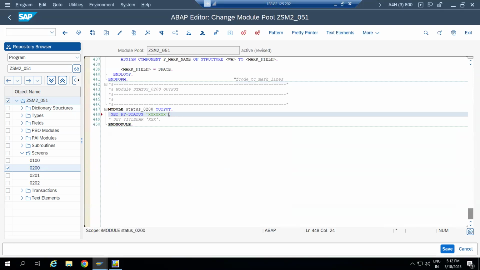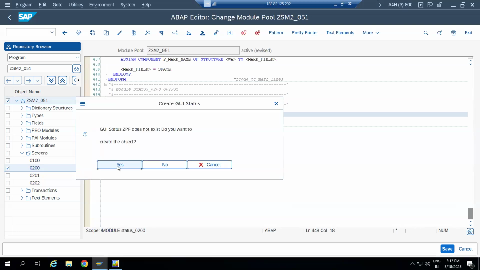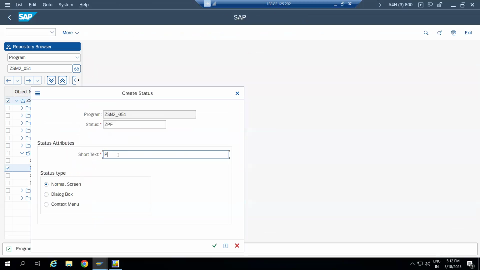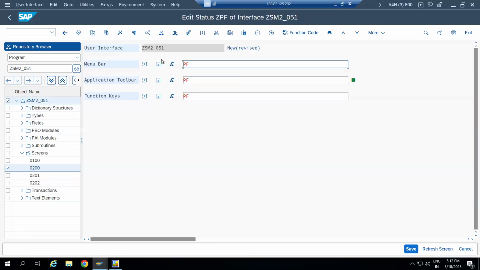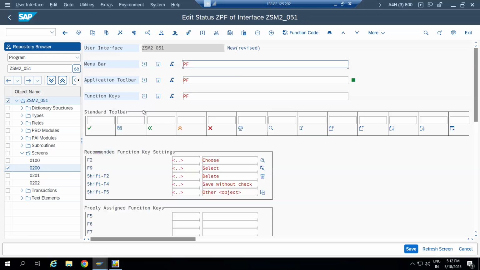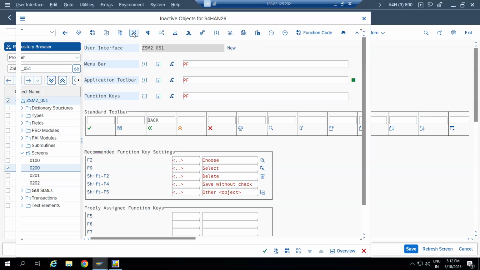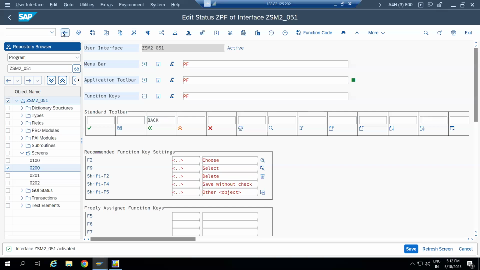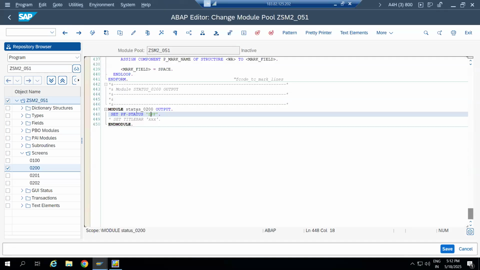So here I can create my own functions. Suppose I have given ZPF. If you want to display the heading or title, you can enable the bottom one also. PF function. So I need only the back button. So go to the function keys, enter back, and activate it. So I have just enabled the button, but the related information, like whenever the user clicks on back, it